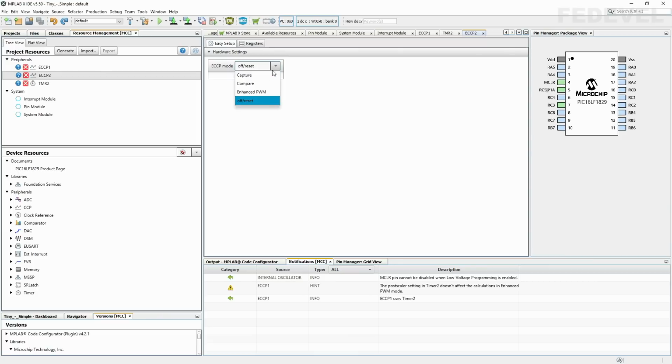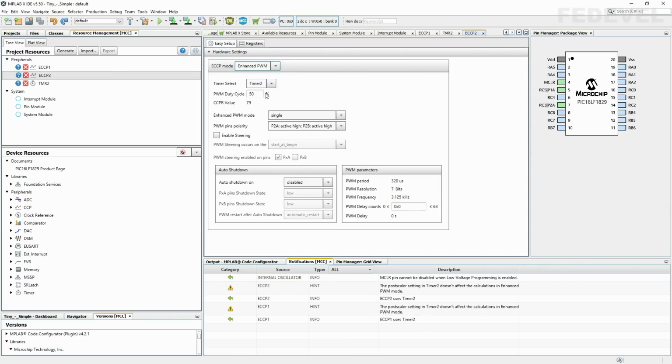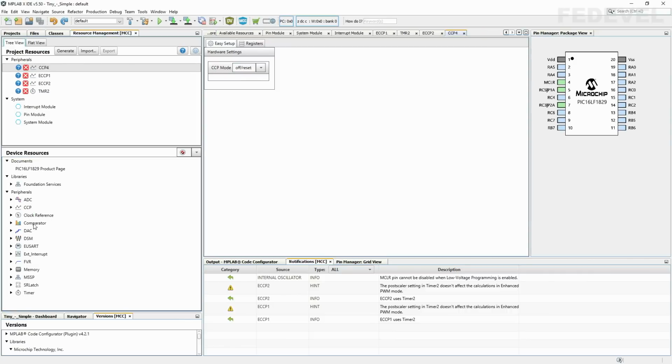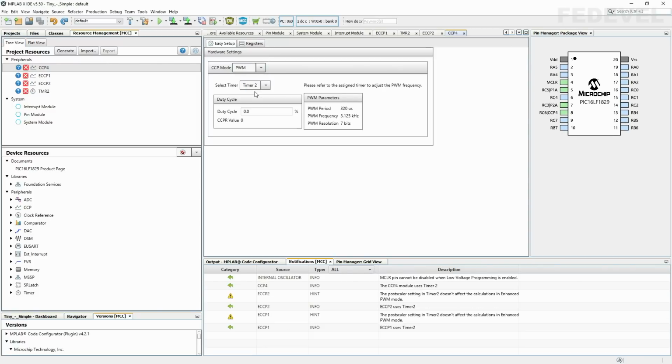We would like to use it in PWM mode, and everything else is set correctly. Double check the timer selection, and we would like to also use the CCP4 module. We would like to use it in PWM mode, and set the initial duty cycle to 50%. Perfect.